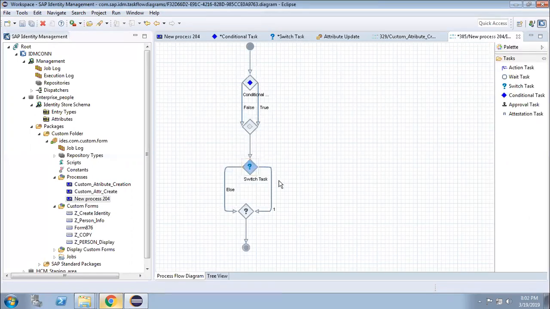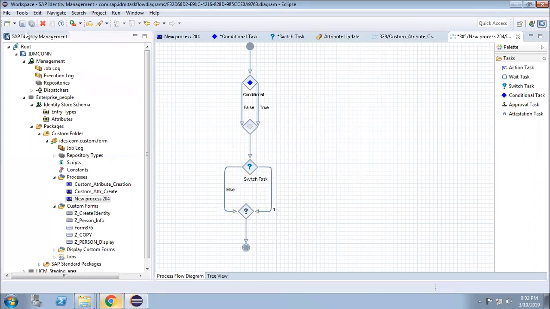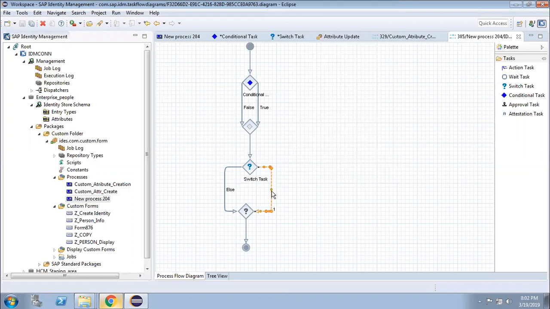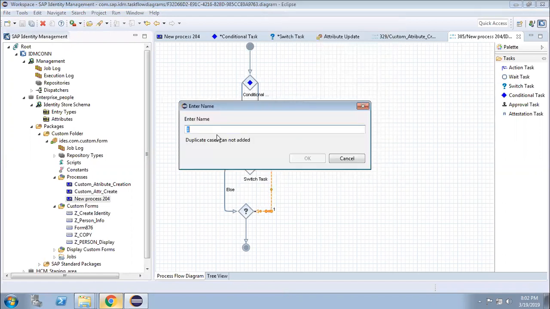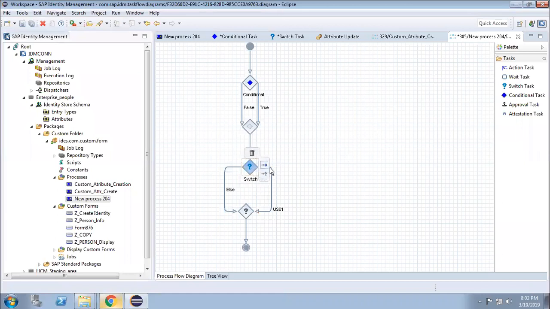Suppose the company code output is UK. Here if you select, you have to give a rename process. Let's save it. The rename process has to rename the case. Instead of this, if your company code is US01, so in the output of this query, if it gives you US01, it will come this way. You can have another output.